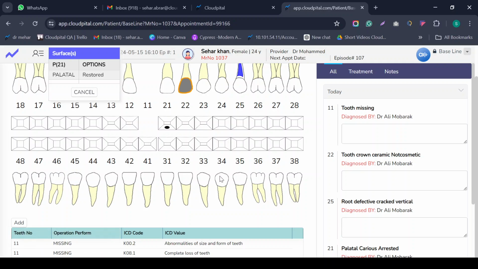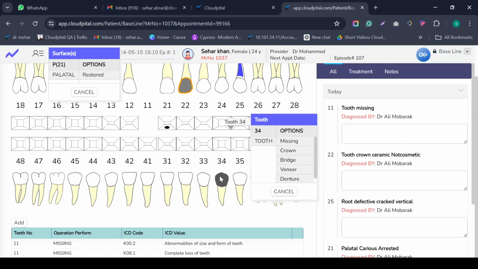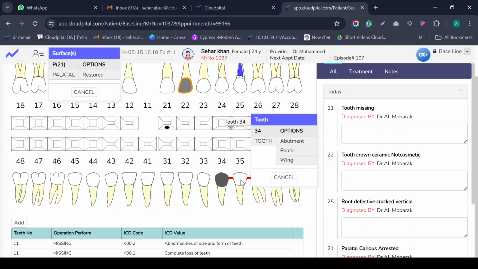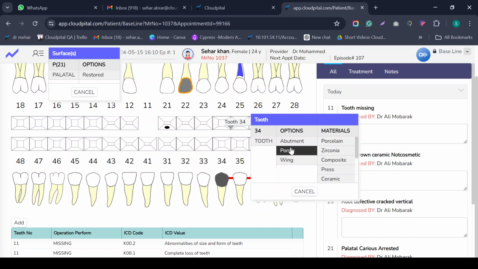If I am applying some of the operations in the lower tooth as well, just click on the tooth. We can also apply the bridge. In bridge schemes, the system will be asking how many bridges you want to apply. I am saying that I am applying 34 to 36 bridge. So we just need to apply 36 bridge and then finish it. So these are the bridges the system is creating according to this, and there is the counting, and these are the different values which we are pressing in this screen as well.